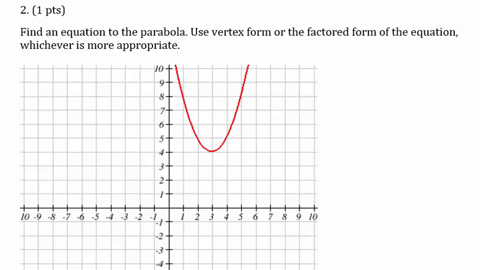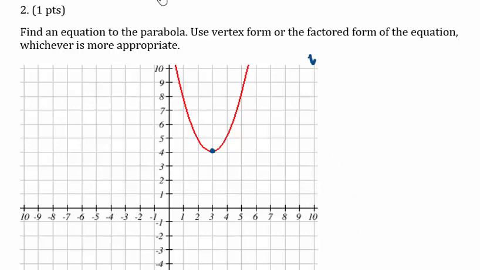Hey, this is number 2 from section 6.6. We want to find an equation of the parabola, and we're going to use vertex form or factored form, whichever is more appropriate. If we were given the x-intercepts and they were pretty clear, we could use factored form. In this case, we're not. This parabola has no x-intercepts, and so instead we're going to use the vertex, and so we'll use vertex form,